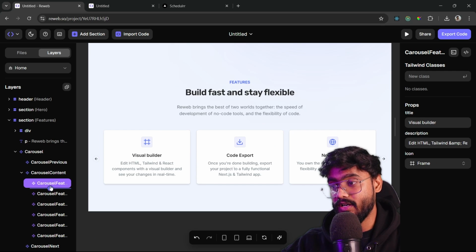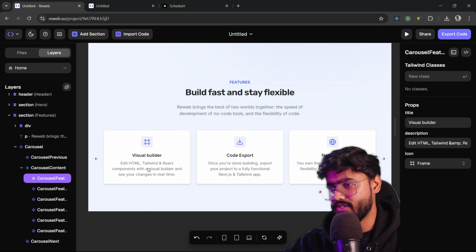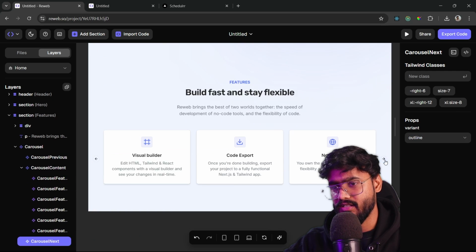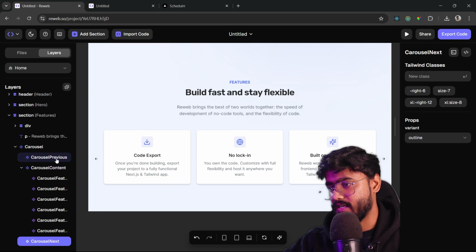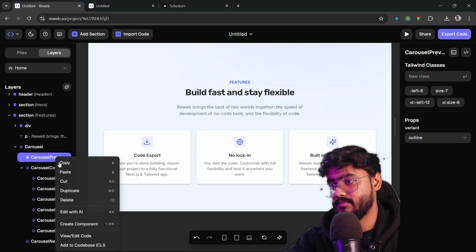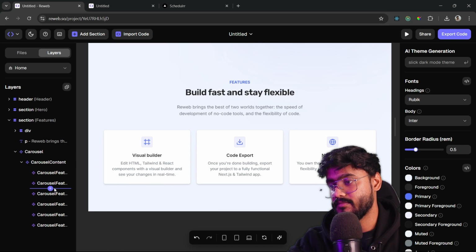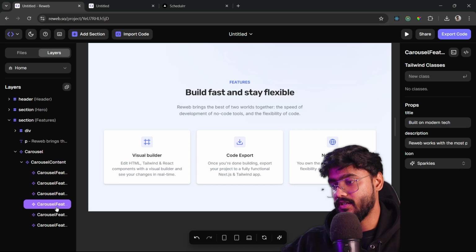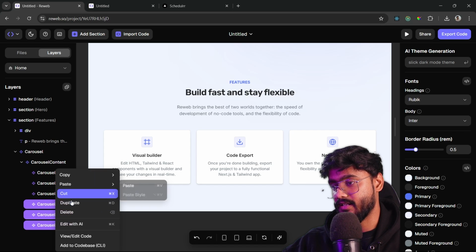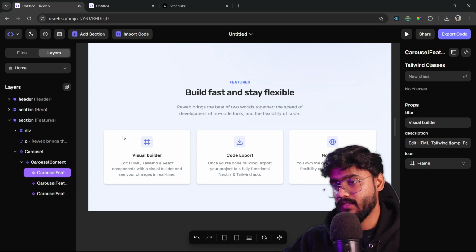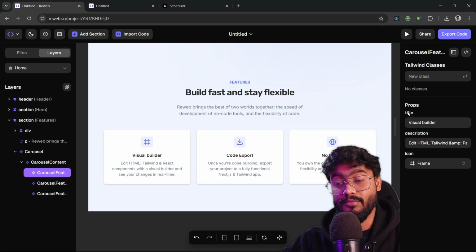And if I click on any of these components, actually I don't want it to be a carousel. So what I'll do, I'll just get rid of this carousel previous button and carousel next button as well. And all these three right here, I'll click on delete. Right, okay. So if I click on these components, you can see over here we have props that we were